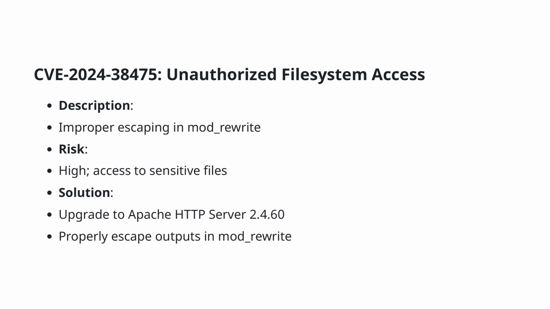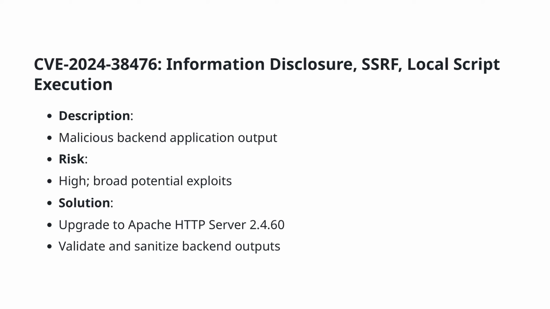In this slide, we're discussing CVE-2024-3875. This vulnerability is categorized as high risk and relates to unauthorized file system access due to improper escaping in mod_rewrite. This flaw can lead to unauthorized access to sensitive files. To mitigate this risk, it is essential to upgrade to Apache HTTP Server 2.4.60 and ensure that outputs in mod_rewrite are properly escaped. By implementing these solutions, you can significantly reduce the chance of unauthorized access to your file system. Let's move on to CVE